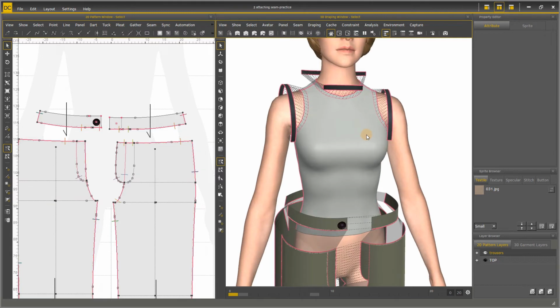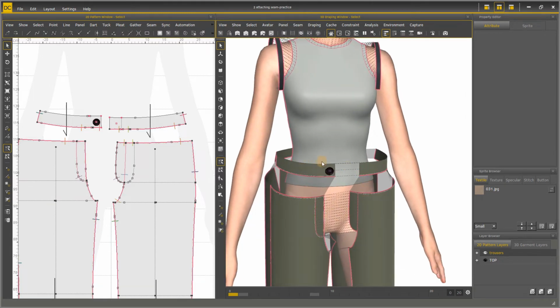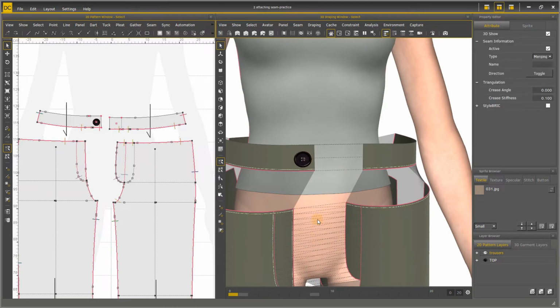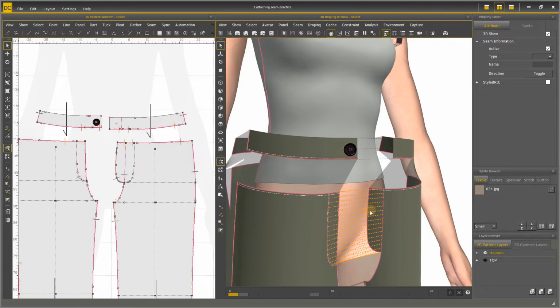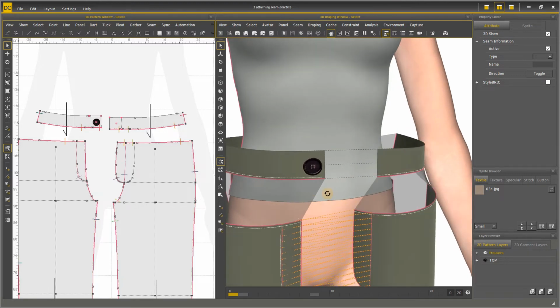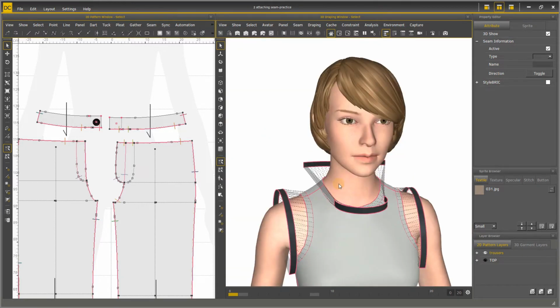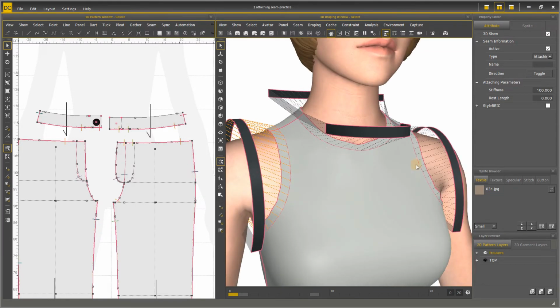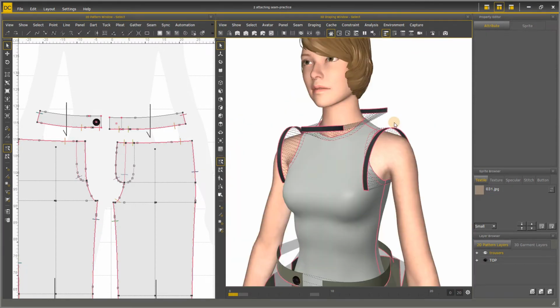The overlapping areas like the front fly and belt will use attaching seam to simulate because they should not be completely merged together. Also, the binding on the top is suitable for attaching seam so that it can be attached to the main body.